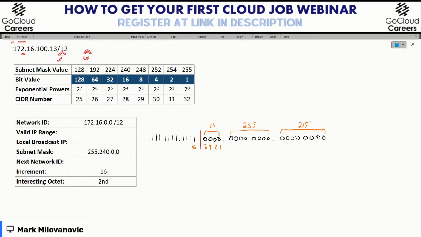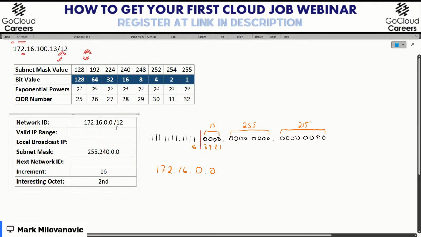So now we've got to look at this. This is my address as it currently stands. To figure out what my last address is, as we said before, I have to take this value, and since we're in the second position, I have to add it to this value of 16. Okay, and then 15 and 16 would give me the value of 172.31.